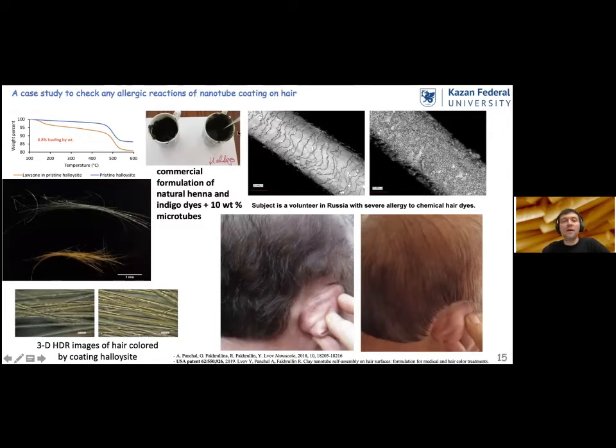staining human hair. So if you load commercially available dyes or natural dyes, which are in most cases hydrophobic, into halloysite nanotubes, this will help you to stain, to color the hair. And here, for example, some of you might recognize this volunteer, some might not. So here you can see this person has stained hair with henna-loaded halloysite, and in this case there is no